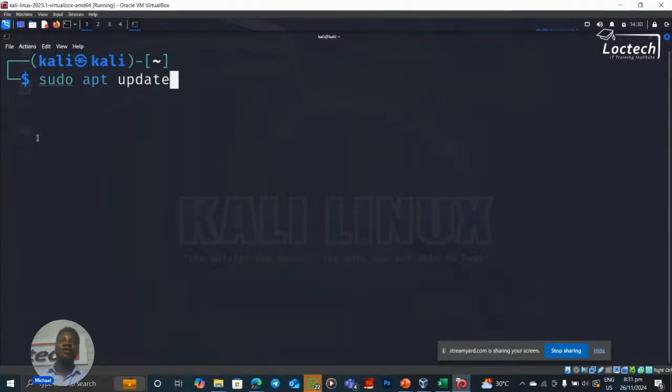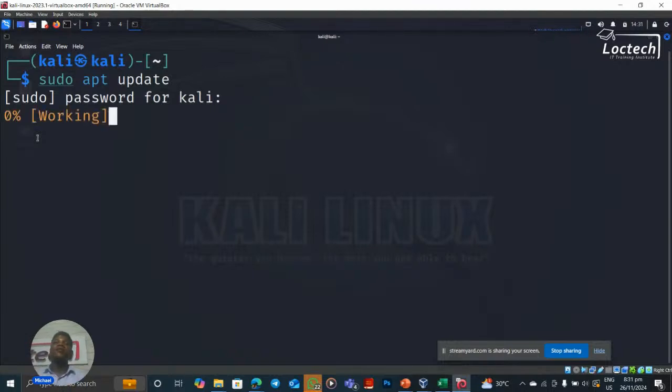Linux is wonderful and powerful. So once you type in sudo apt update, you hit enter. It's going to ask you for the password to your Kali, like the normal login password we used in logging into this machine. And in this case, my machine's password is just Kali. So I will type in Kali. And by the way, when typing in Kali, you will not be seeing the password being displayed. That is Linux design. When you're typing in the password, the screen still looks blank, but nevertheless the password is still being typed. Okay, so that's me typing in the word Kali as the password,